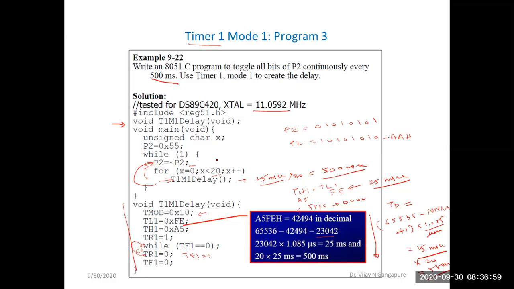Now port 2 bits will become 55H, and again this for loop will generate a 500 millisecond delay, and it will continuously happen. Means port 2 pins are toggling after each 500 millisecond delay generated by timer 1 in mode 1. Okay, so